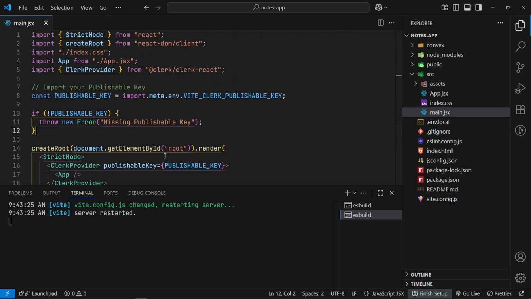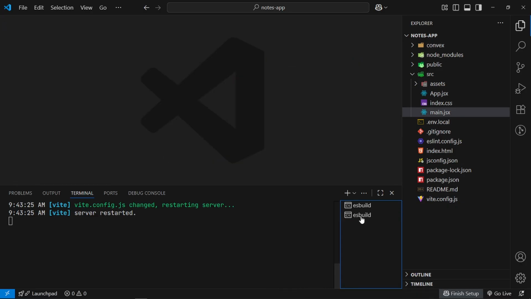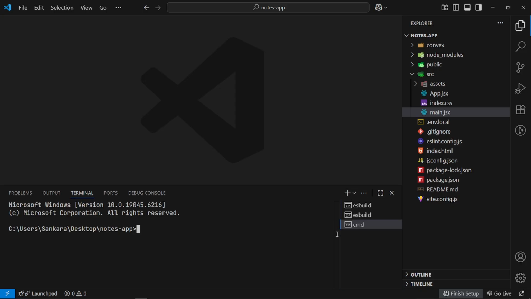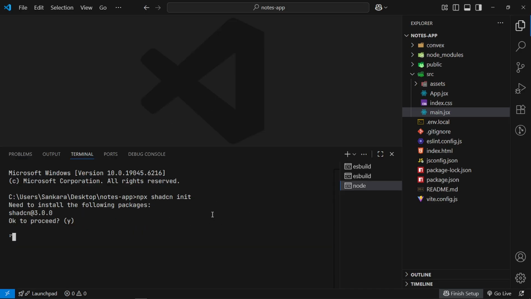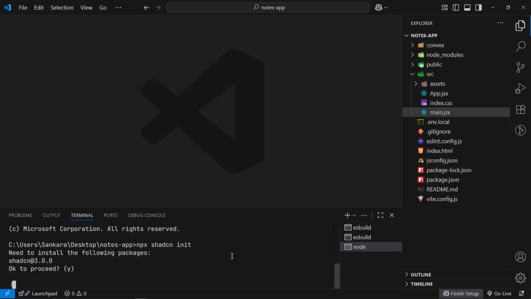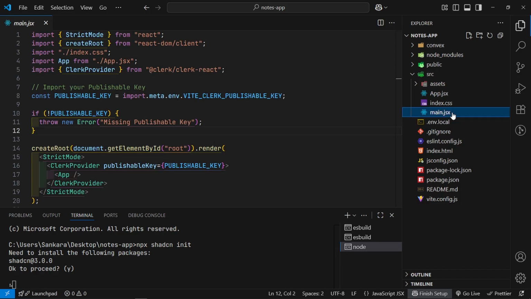So you can go ahead, and now let's see, we're going to add a third terminal, which is going to be for our installations. So let's go ahead and say pnpx, sorry, we're not using pnpm, so npx shadcn init. And there we go. So we want to install shadcn, so yes. Okay, so this is taking quite a bit of time to install. I think it should be faster for you, but as this is installing, let's go ahead and jump into the